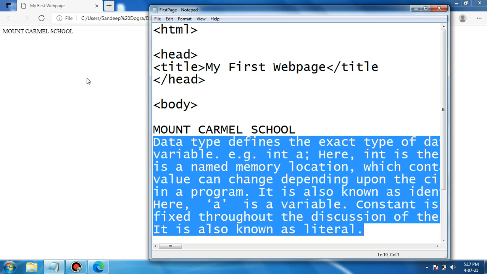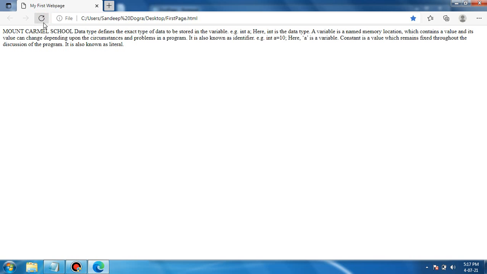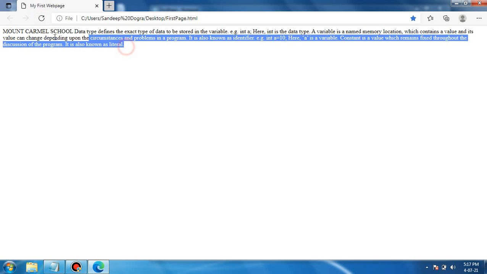We have typed a new paragraph, but we are unable to see it on the web page. Why? Because we have saved the changes, but we have not refreshed the web page. So to refresh it, the function key F5 can be used, or you can click on this refresh button, so you can see the entire text is visible on the web page.